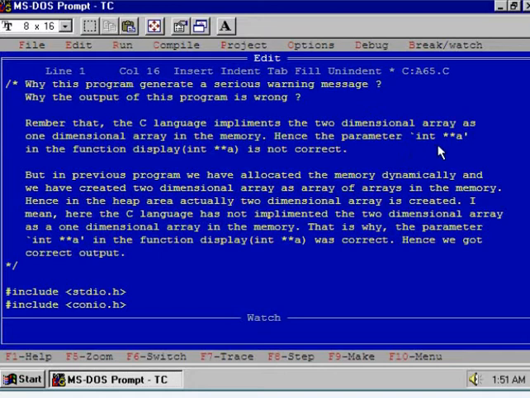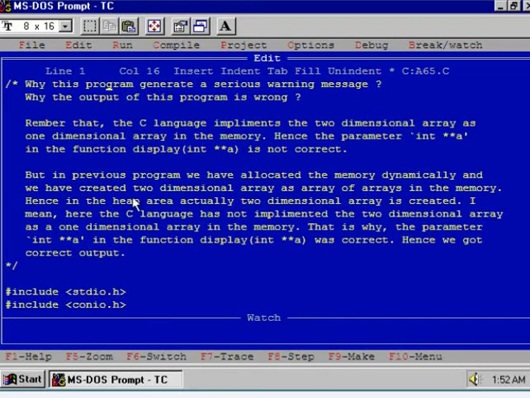Hence the parameter int **a in the function display is not correct, because this is a pointer to pointer, and actually C language implements a two-dimensional array as a one-dimensional array. Hence it should be int *a, then it can access the elements.